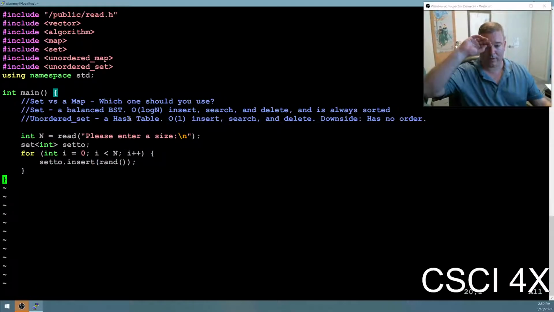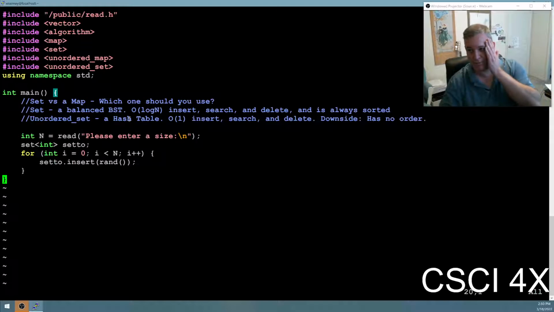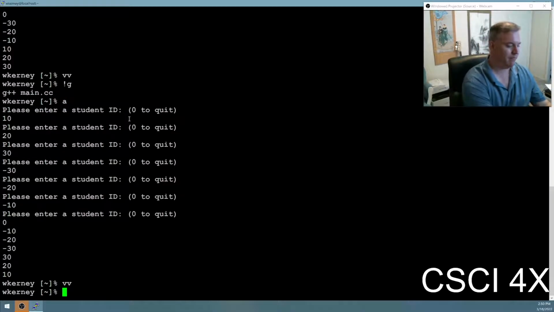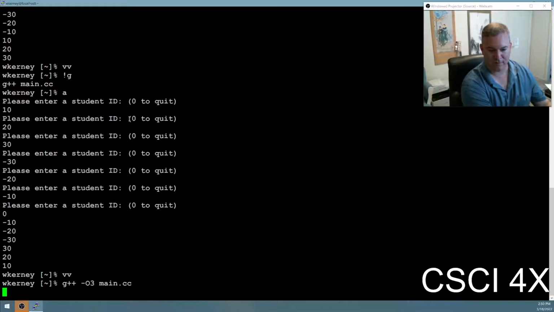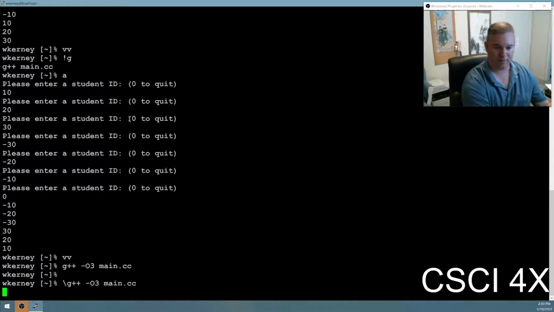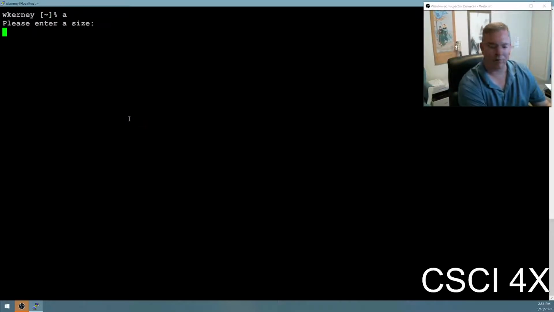Okay, so we're going to just time doing 1,000,000 inserts into a binary search tree. So we could do it using time. g++ -O3 main.cc. Actually, let me do this with no aliases turned on, just in case I have some weird flag set up. So if I run this with a size of 1,000,000,